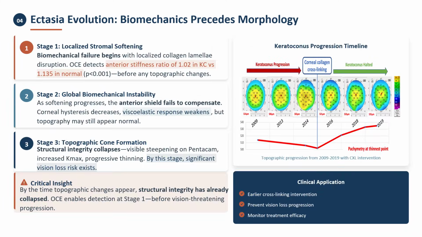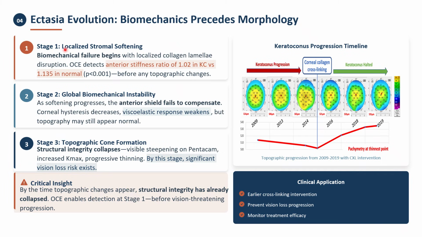When we discuss the evolution of ectasia, we used to say that the biomechanical derangement or abnormalities will precede the structural changes that happen in the cornea. So when you want to pick up early cases of keratoconus, or if you want to set up a very early keratoconus screening program or ectasia screening program, you should rely on the biomechanical changes much earlier than the structural changes. Now we add another spectrum or another layer of early detection: we don't just pick up the global corneal biomechanical property of the cornea by Corvus ST, but also we can detect the very early focal changes in the cornea by the use of